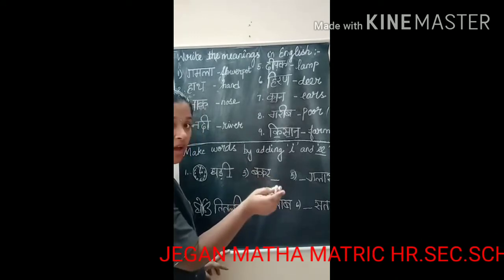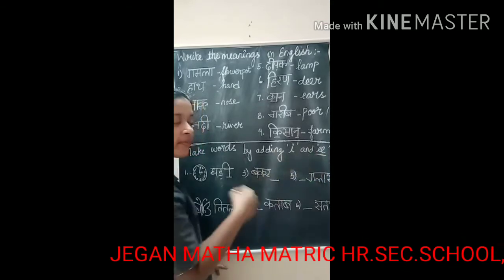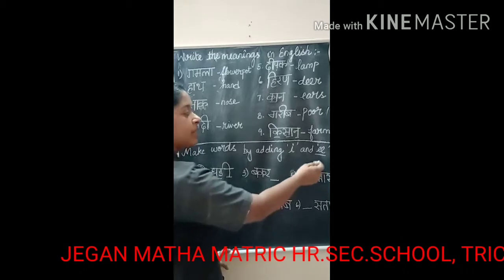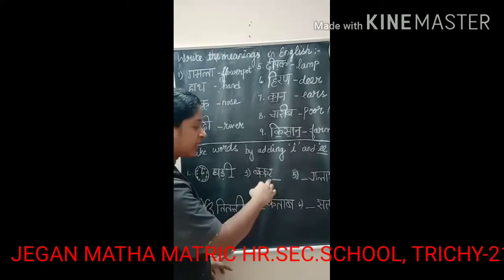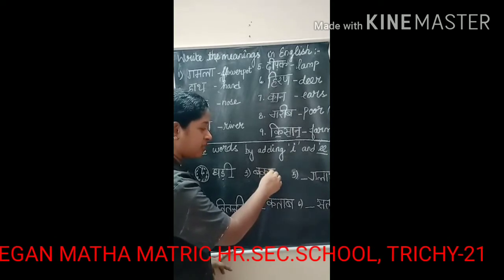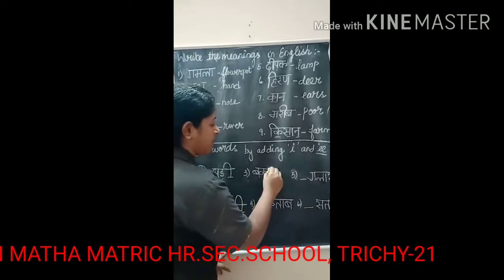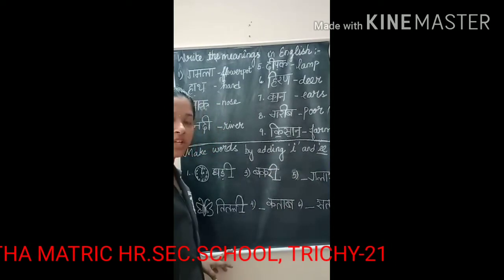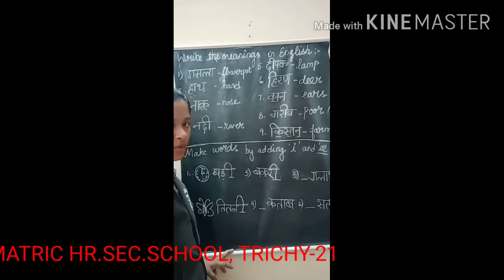Bakari. We have to add the symbol of E. Otherwise, E. But by pronouncing it, we have found that we need to use the symbol E here. Bakari, giving stress to the symbol. Isn't it? Bakari. The E sound is coming. So I will use the symbol of E here. So the word will become bakari. Bakari means goat. Okay.